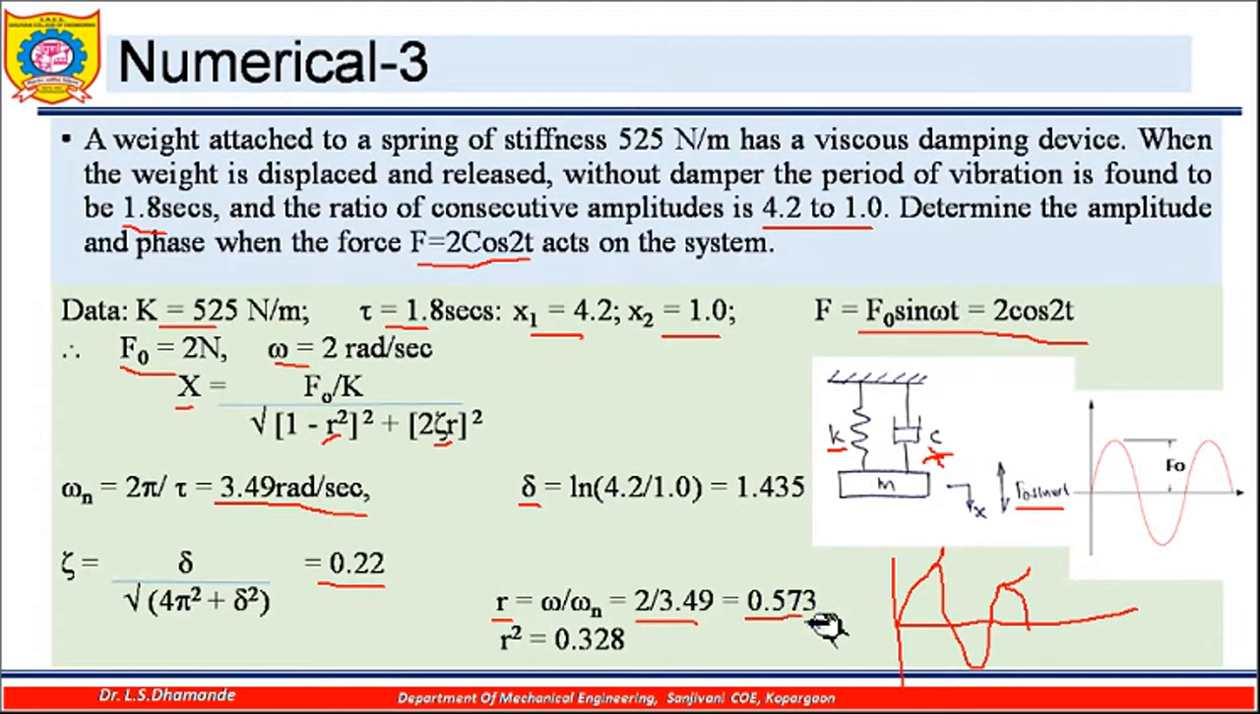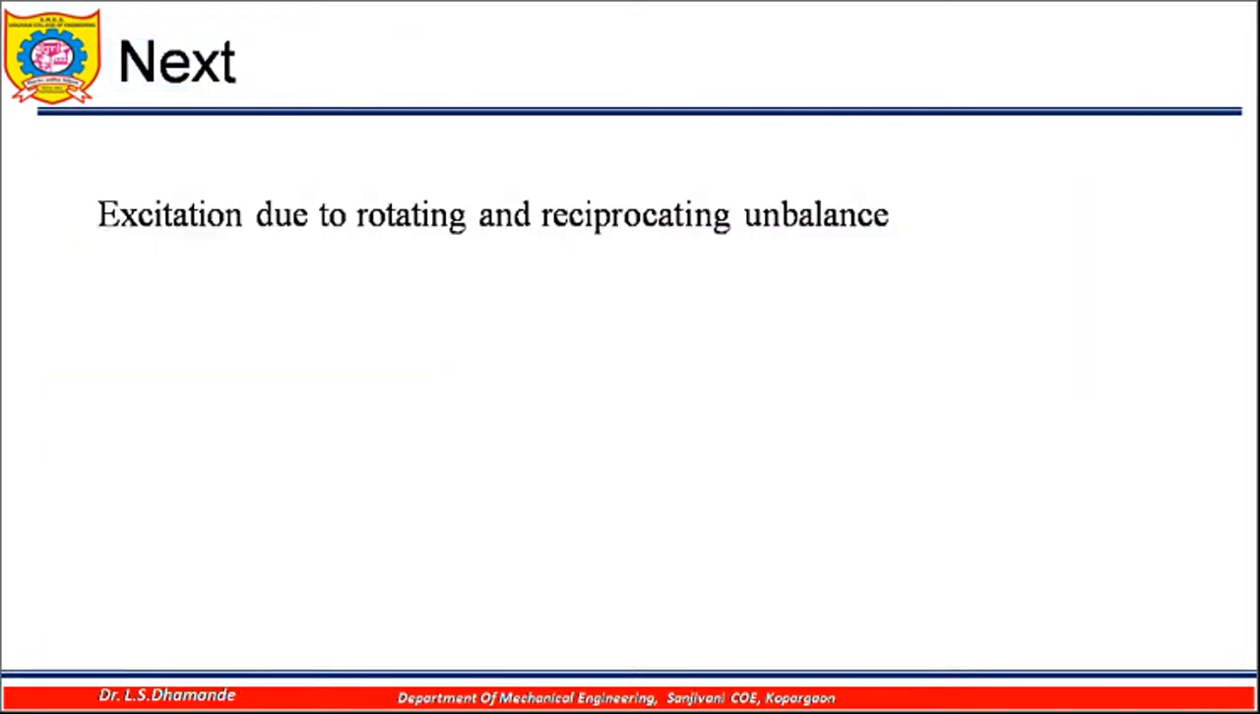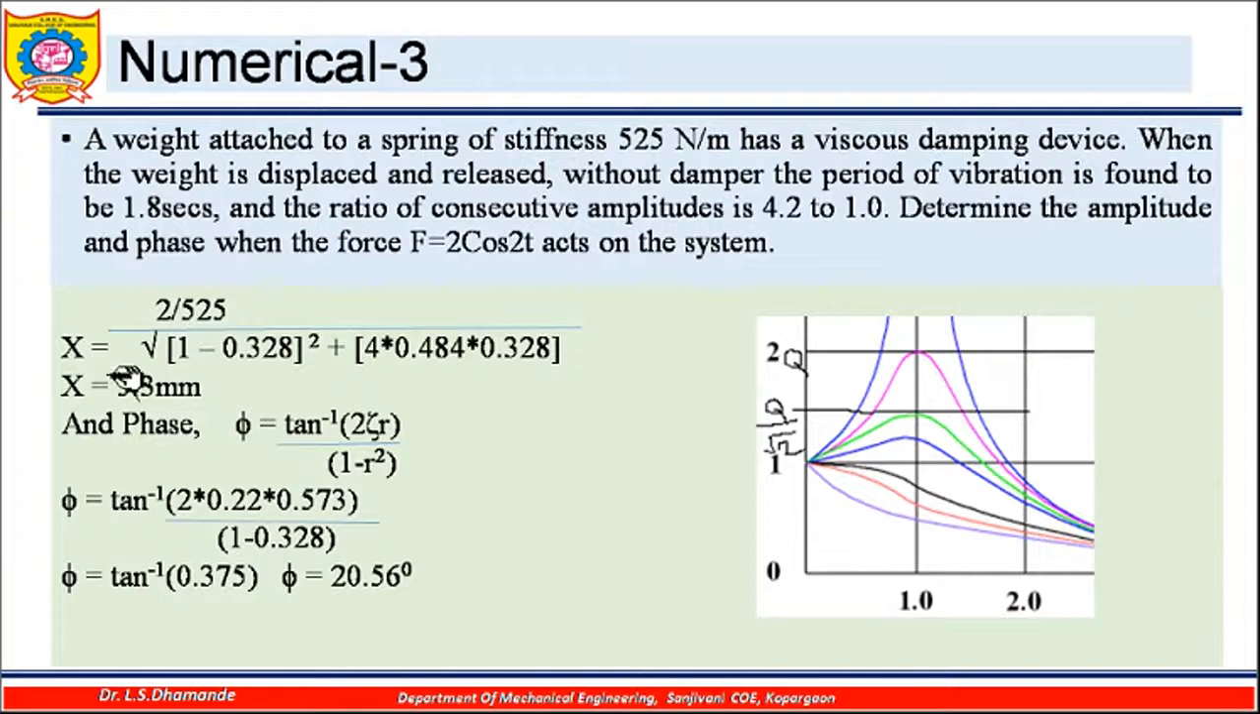It gives me 0.573, and since I have to put the r square value in this expression to get the value of x, which is my aim, I will put r square as 0.328. If I put all these values here, with F0 by k, I finally get the value of x equal to 5.3